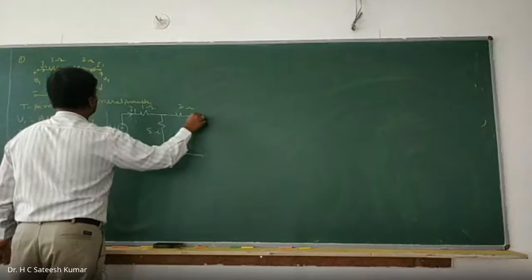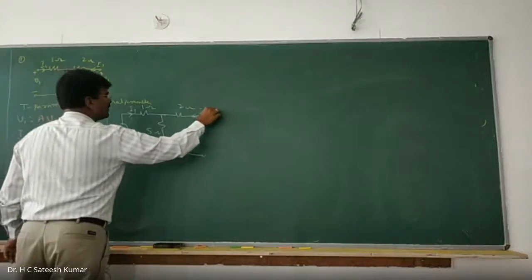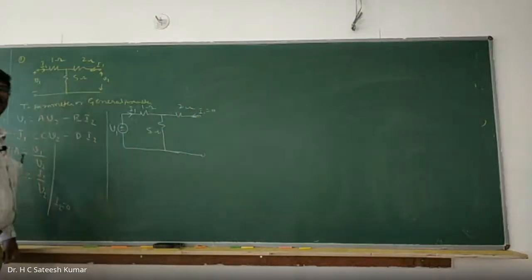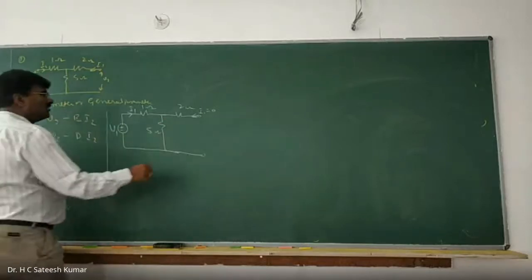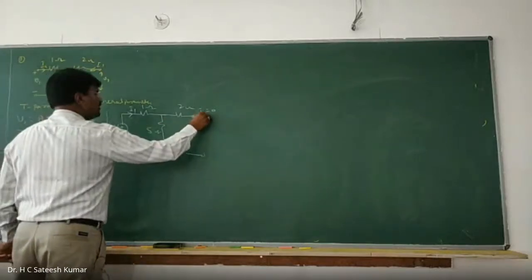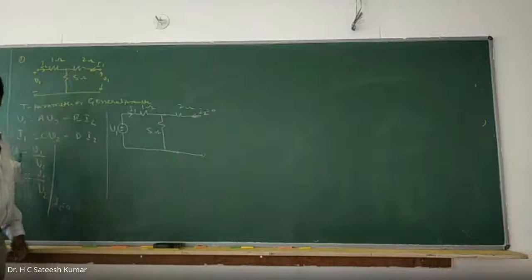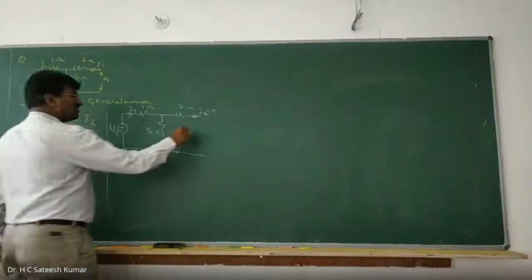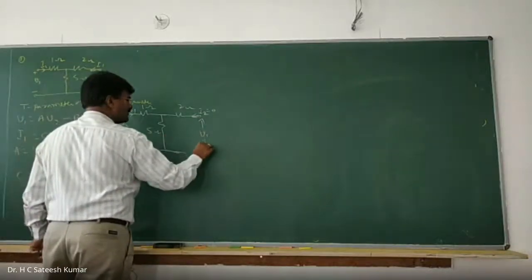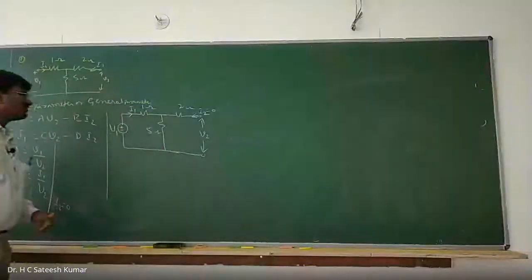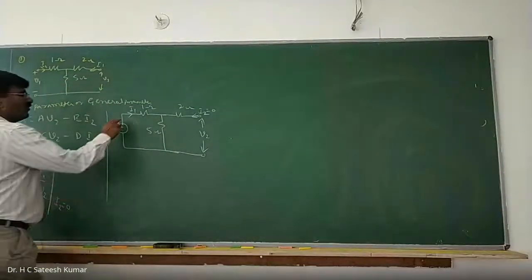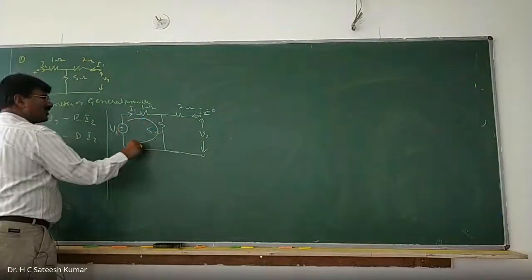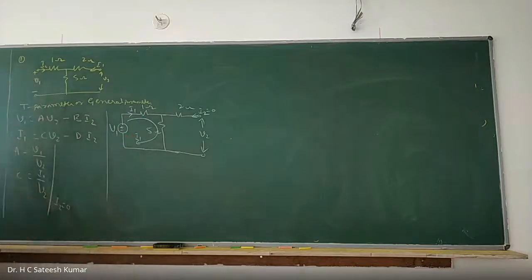And this is your I1. And I2 is equal to 0, because it is open circuited, and this is equal to V2. Very simple one. Directly you will get the answer. Okay, right. Now I1 is there. I'll take the loop current also as I1 only.